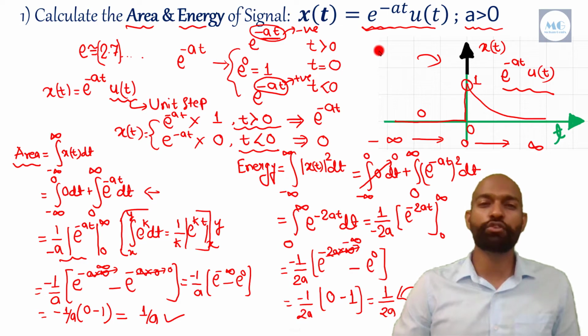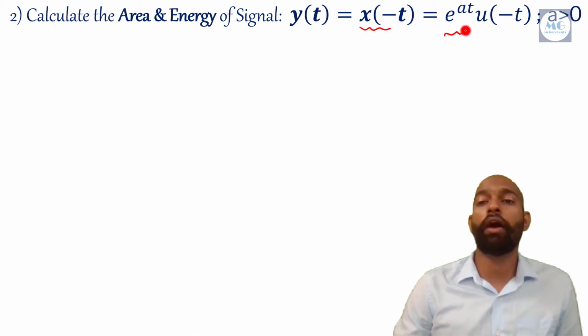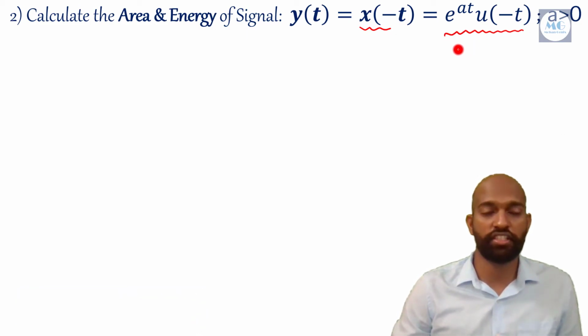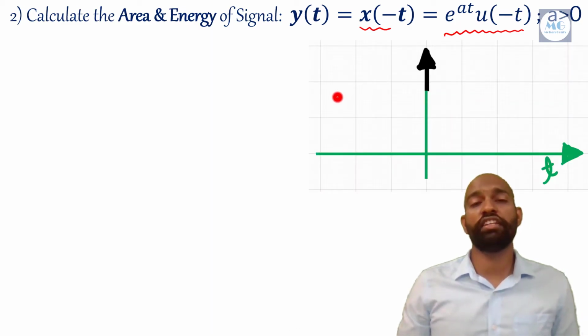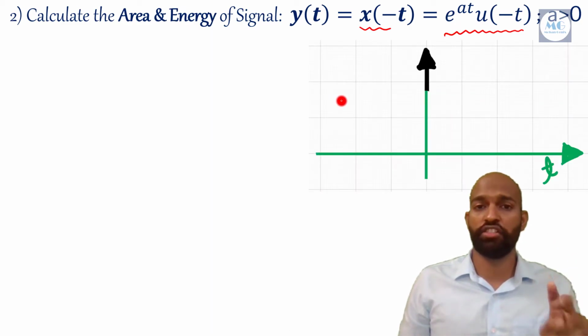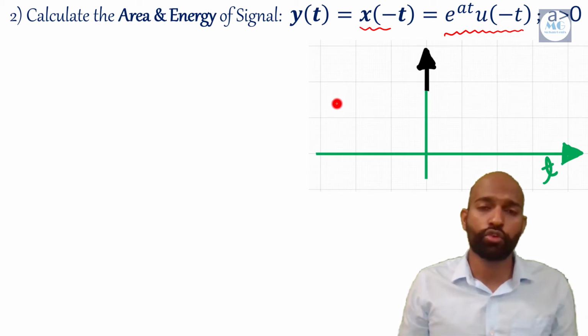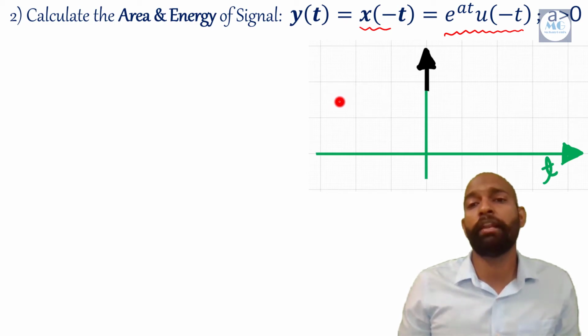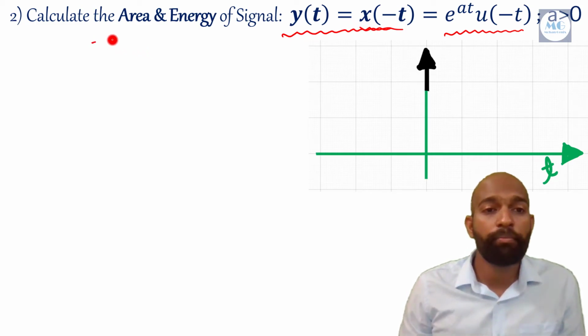Let's jump into the next question, which says that y(t) is equal to x(-t), whose value is e to the power at u(-t). Let's draw the graph of it. We can draw its graph by two methods. The first method is the same as I already told in the previous question, and the second method is that we directly see that y(t) is x(-t), which is